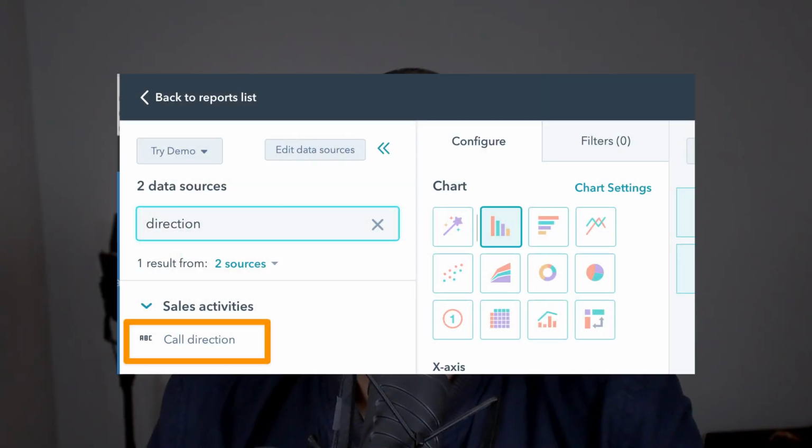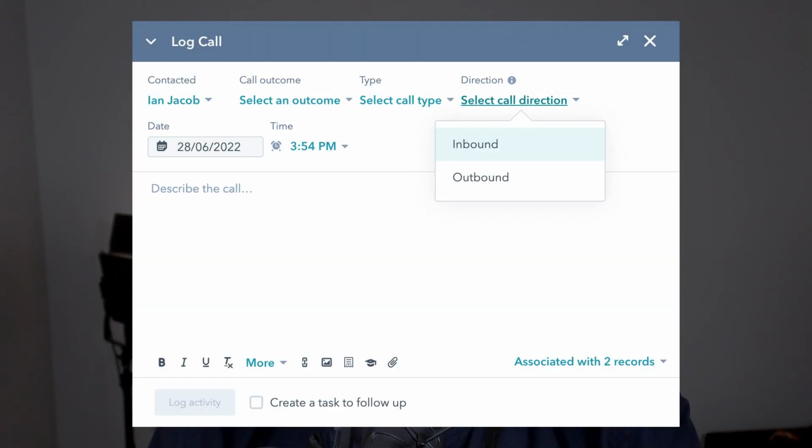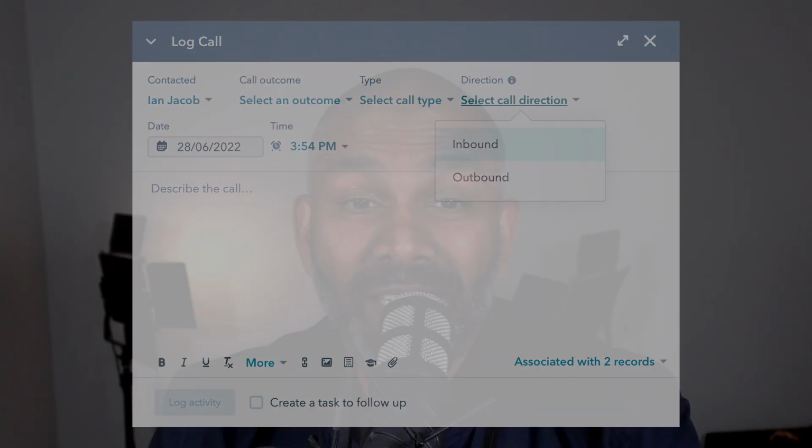All right, onto our sales feature of the week. And it's the little things, Craig. Now, when we're logging calls, there is a call direction that can be logged either inbound or outbound. So well worth it. And it also enables you to report on the call direction in the custom report. So if you're using calling within HubSpot, this is a great addition to figure out your call volume inbound or outbound.